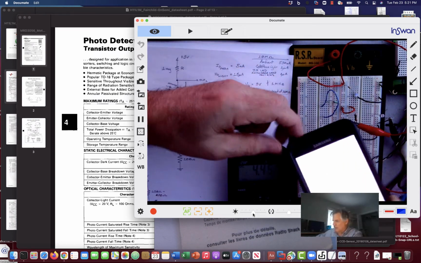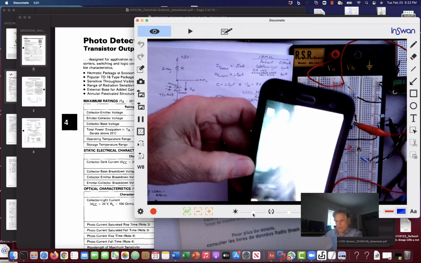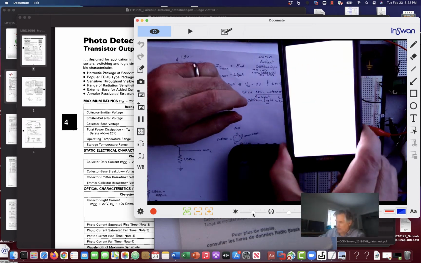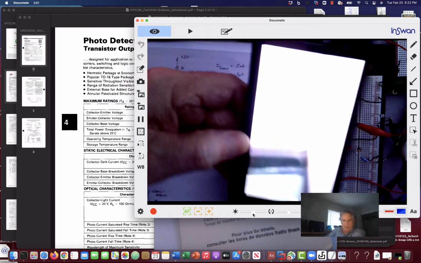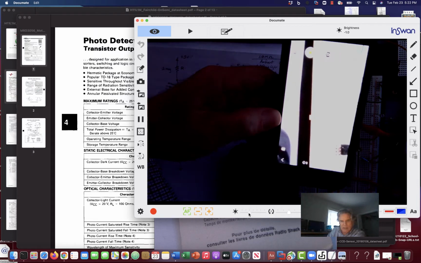Let's see if I can bring it around so it's in the field of view here. Yeah, I'm going to have to bring down the camera brightness,